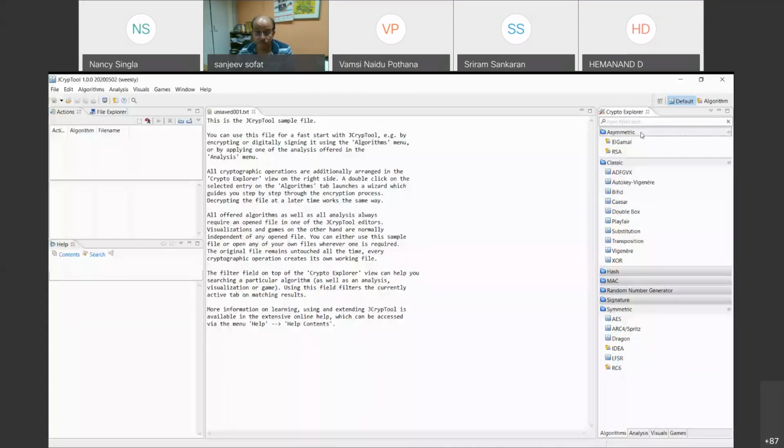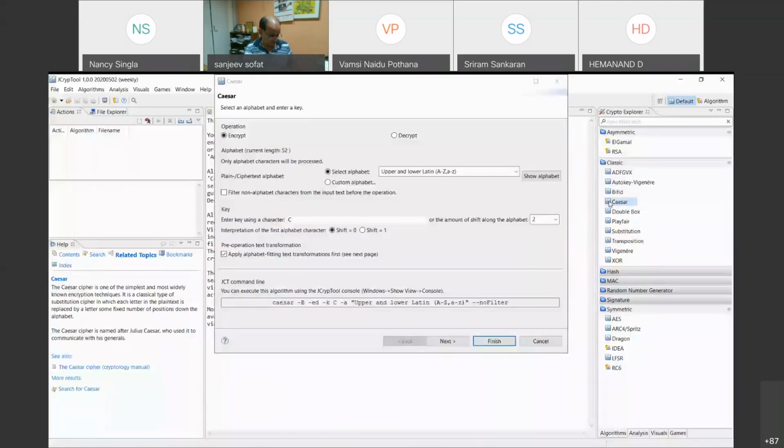Quickly, we can have an example of Caesar cipher, right? If I click here, this window will open. Here we can choose the operation, whether we want to encrypt or decrypt, and what alphabet we want to choose.